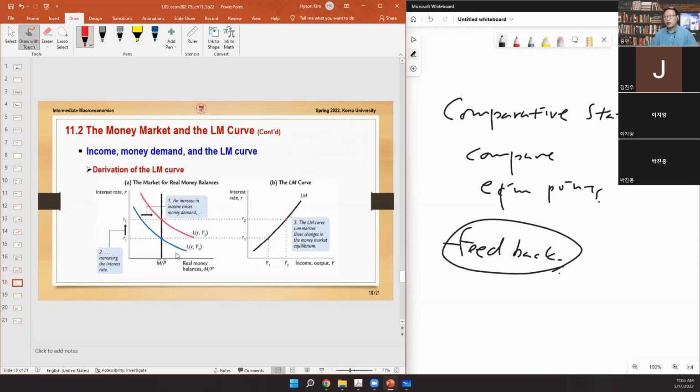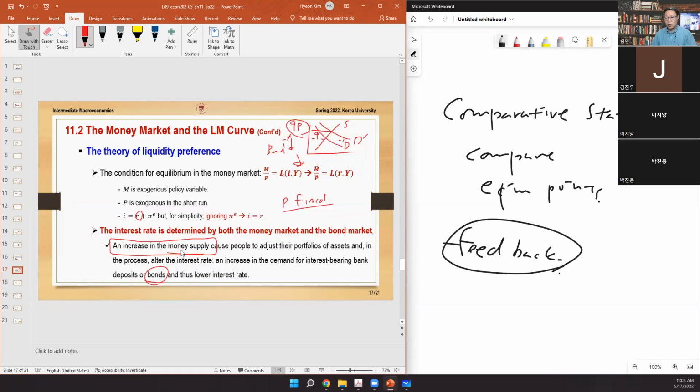So that's why we can imagine what we can expect. There is a relationship between the operation of the money market. Now,